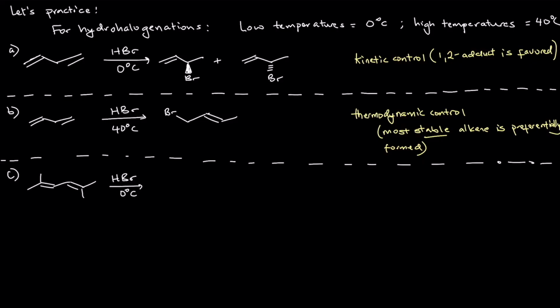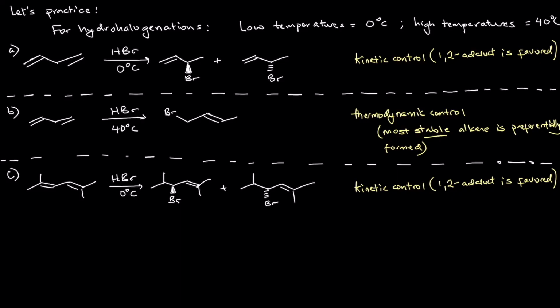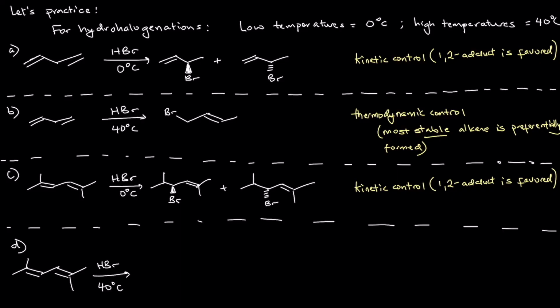Okay, let's try this particular case. So we're going to take this particular substituted diene and then treat that with HBr at 0 degrees Celsius. This means that we're under kinetic control and our 1,2 adduct is always favored at 0 degrees Celsius, which means that these allylic halides are a major product in this reaction. And then we take this